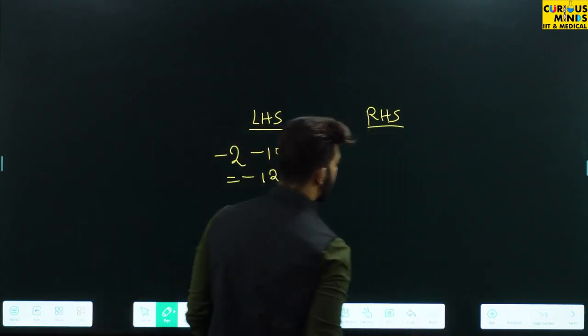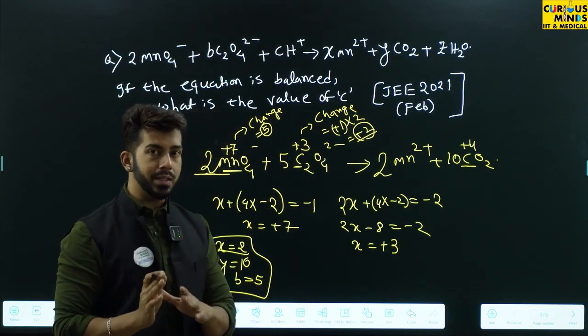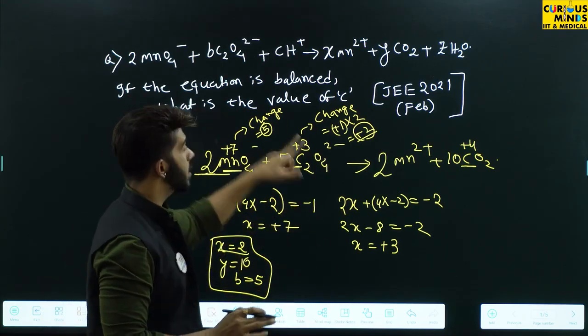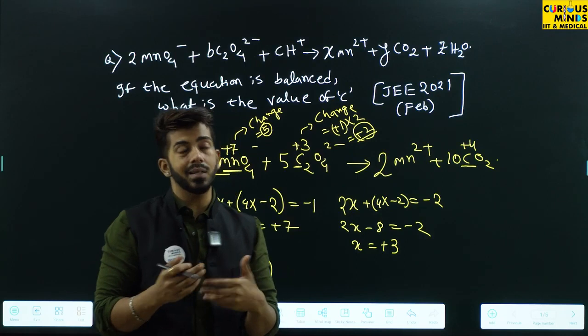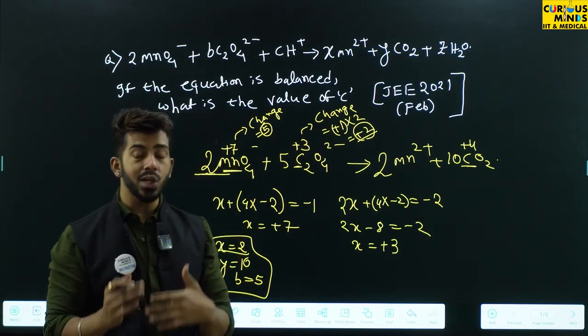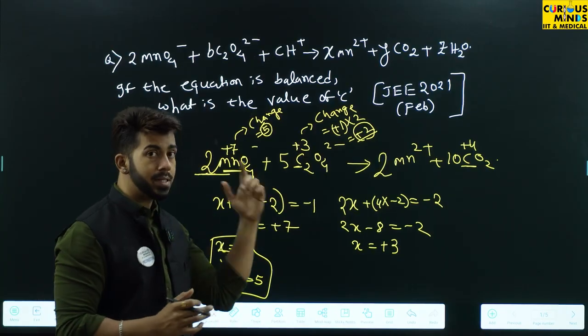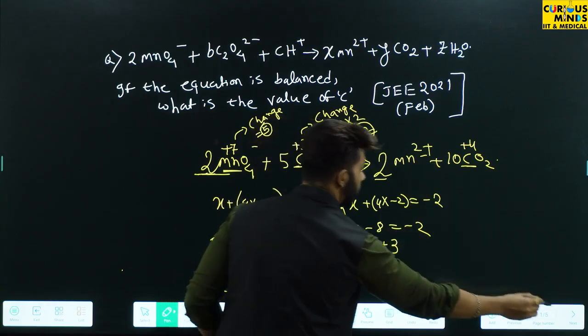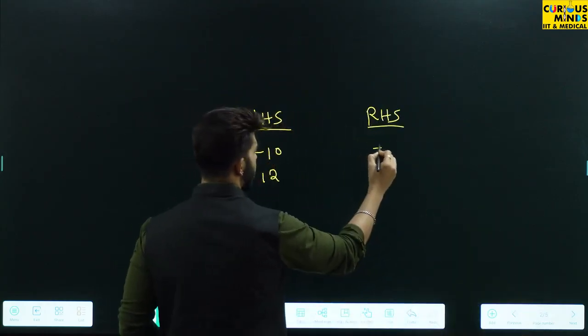Now, we know both sides the charge should be same. Because in the question they are asking if the equation is already balanced. How to say that the equation is balanced or not? Of course, you have to equalize or normalize the charge. So if the charge on left side is minus 12, what is the charge on right side? Say it's 2 plus 2. That means 2 2s are 4. So that means plus 4.